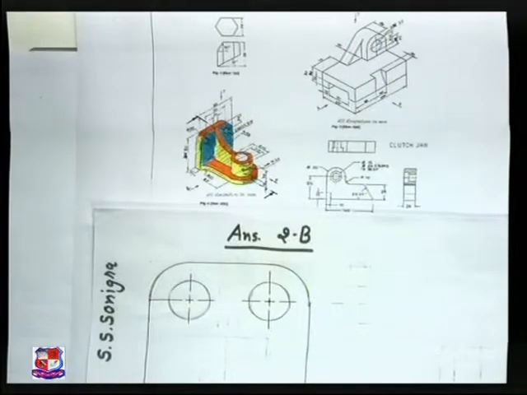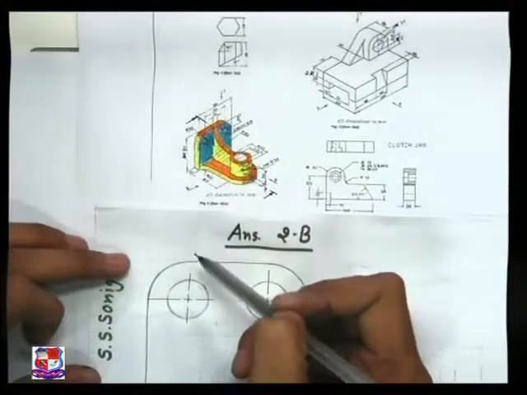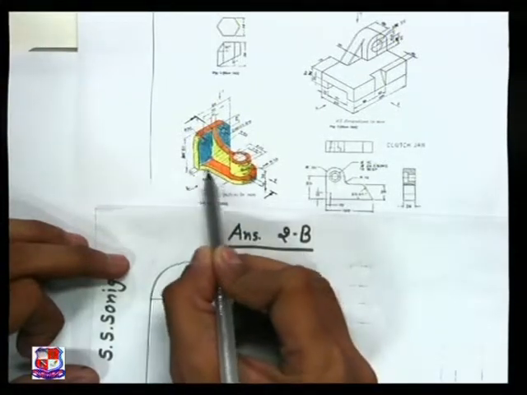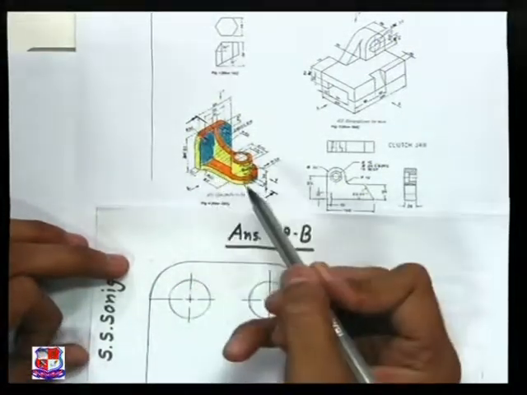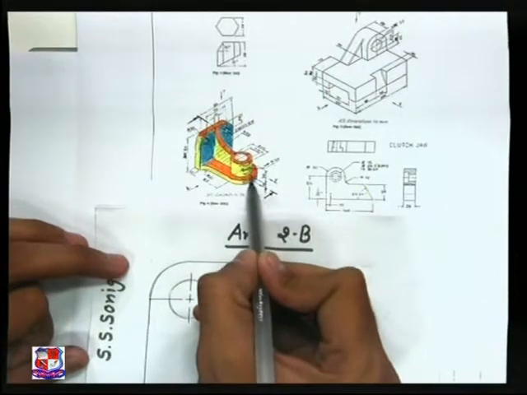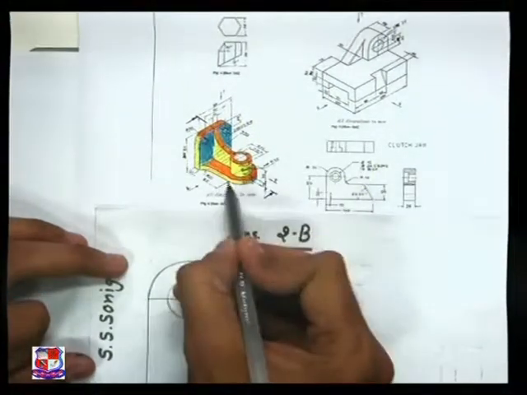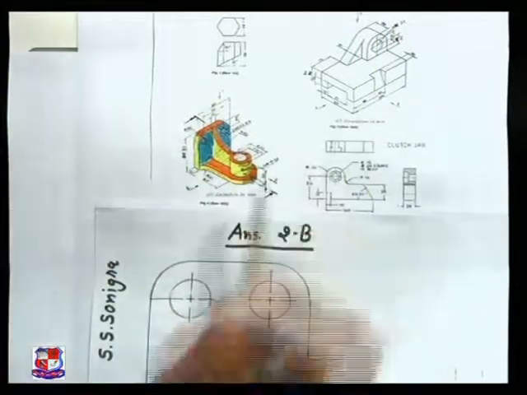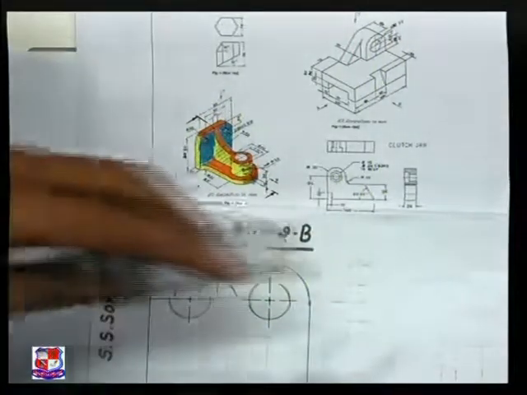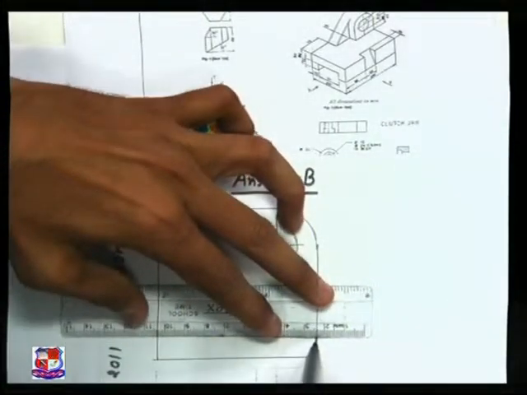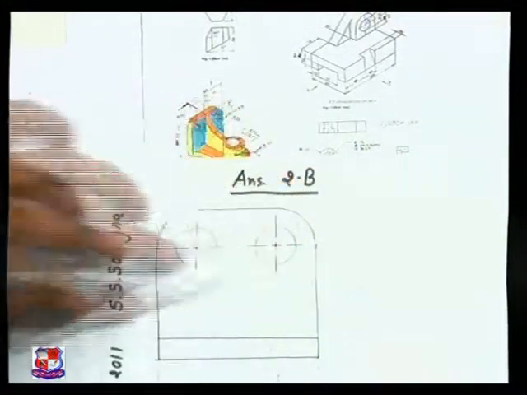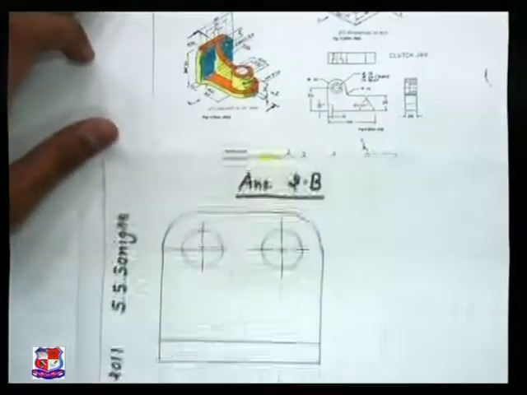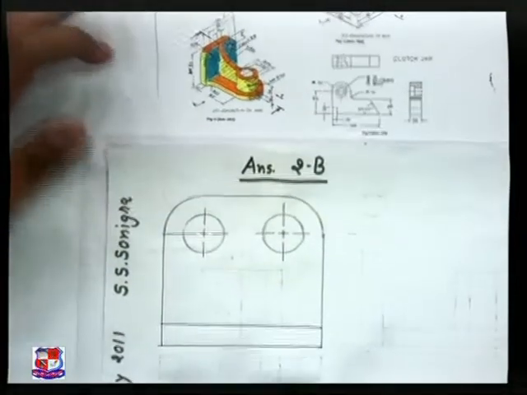Now in this object, let me think about this cylindrical portion. What would you say about this cylinder and these two edges? Here this curvature portion is there, which is at a height of 10 mm. Like this dimension is given as 10 mm, this height is 10 mm. So from here, from this bottom line, at a distance of 10 mm on upper side, a straight horizontal line would be there. So it would appear like this, just a straight line, because in front view this curvature portion would not be visible like this. So this is the front view.